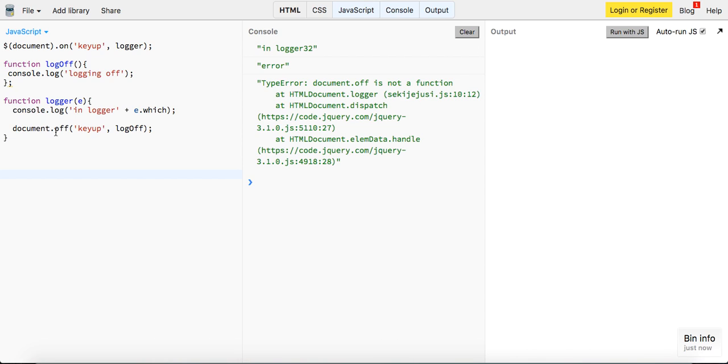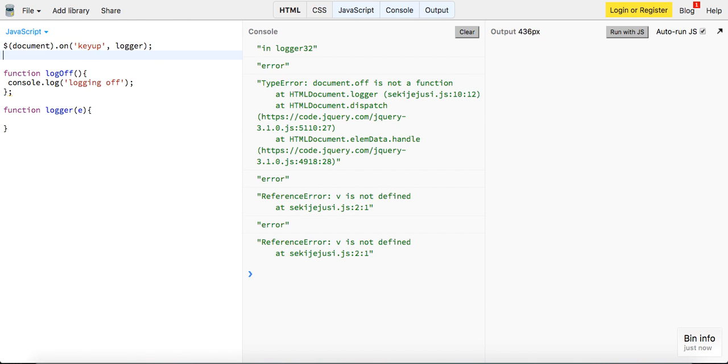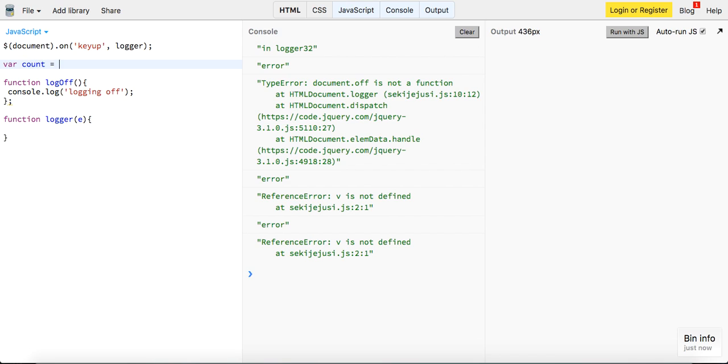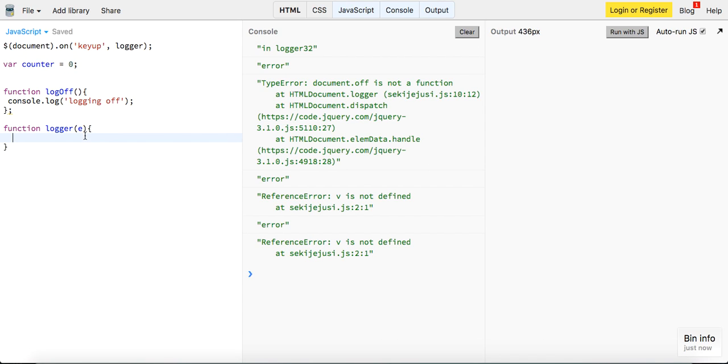Document.off is not a function. I think maybe that was deprecated then. But before, you could unbind to that. But you could also create a counter up here. You could say var counter equals 0, and you could just say while counter is less than 5, console.log e.which